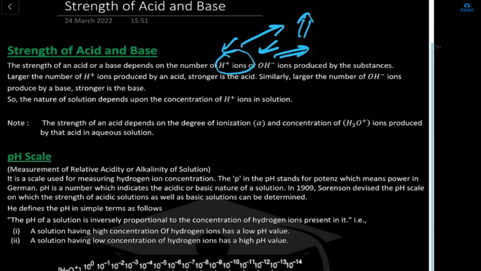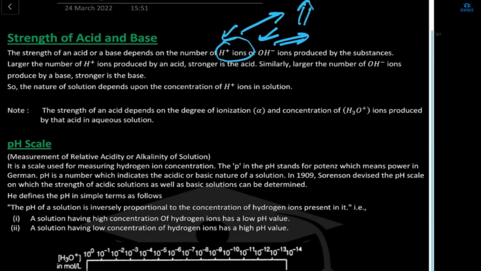Now, can you give me an example of a weak base? Just now we discussed it and you both wrote it also. Example of a weak base. Ma'am, magnesium hydroxide, Mg(OH)2. Yes. So the strength of an acid depends on the degree of ionization and the concentration of ions produced by that acid